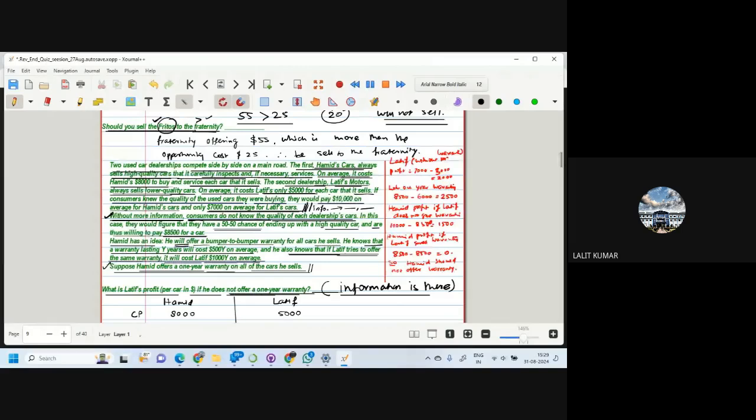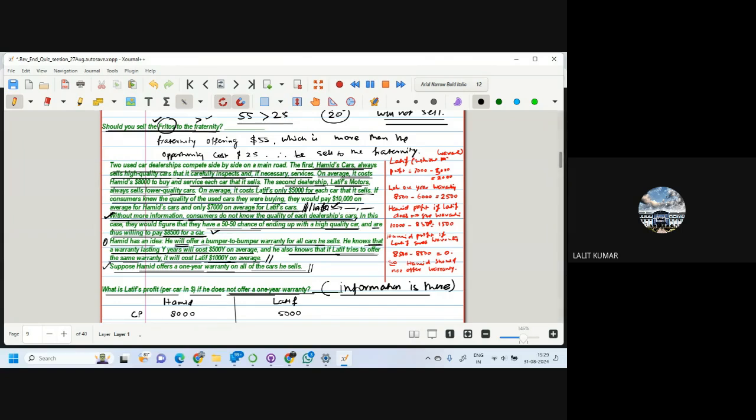So this is with the information, where the consumers have got information. Now, without more information, consumers don't know the quality of each dealership's car. In this case, they would figure out that they have a 50-50 chance of ending up with a high quality car, and are thus willing to pay 8,500 for a car. Now, in this scenario, Hamid has an idea that he will offer a bumper to bumper warranty for all cars he sells. He knows that a warranty lasting Y years will cost him $500 per year. He also knows that if Latif tries to offer the same warranty, it will cost him